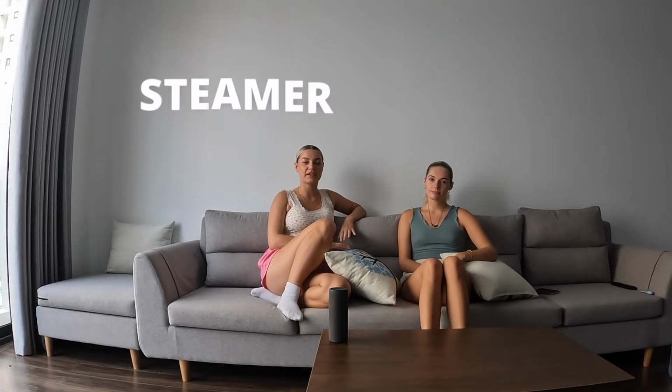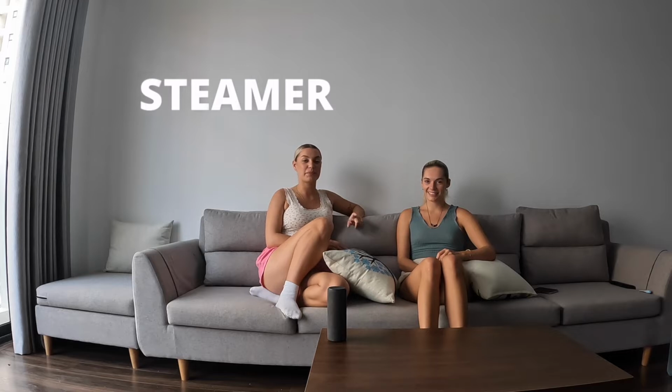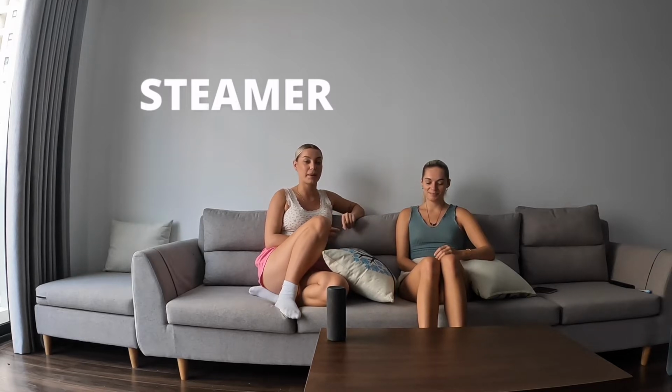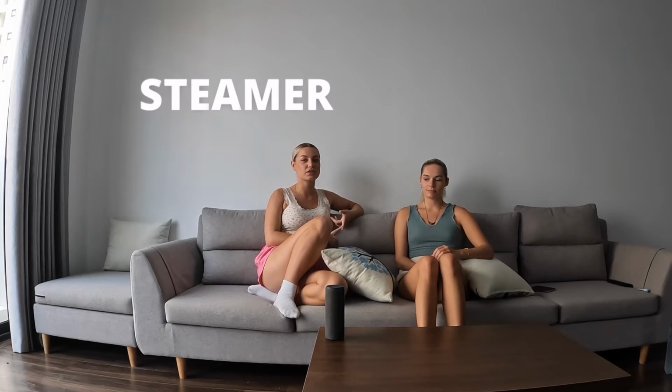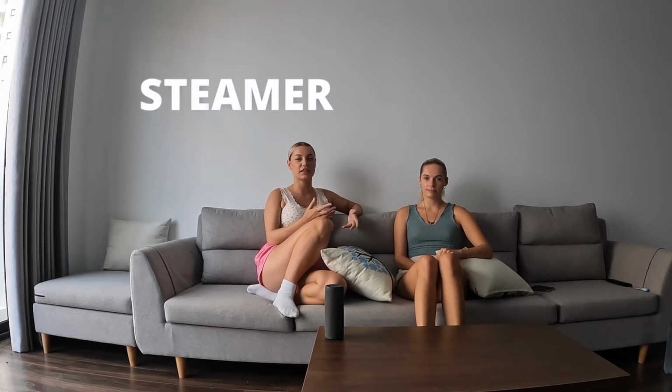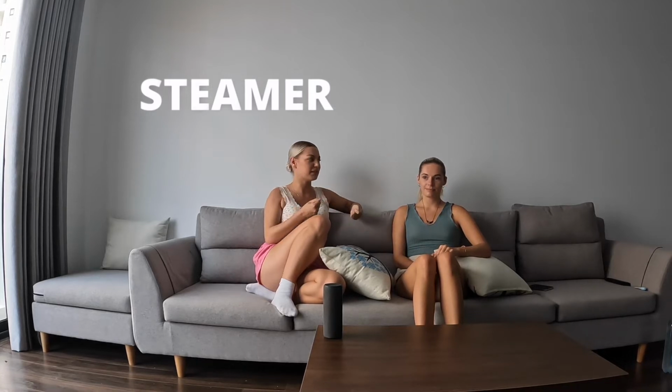So the second thing that we're really glad that we brought with us is the steamer. This wasn't my idea, this was actually Beth's idea, and it's really good because when you're living out of a suitcase or a backpack, then all of your clothes get really creased, and especially if you stay in hostels or hotels, then you've got really limited space to unpack your stuff. So with the portable steamer things, then you...